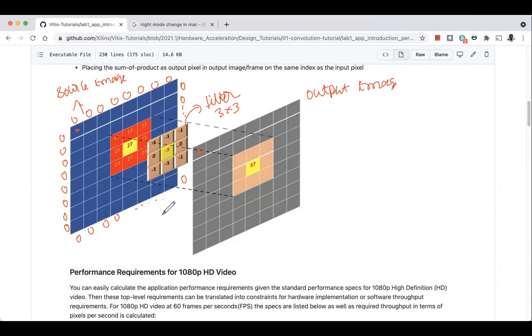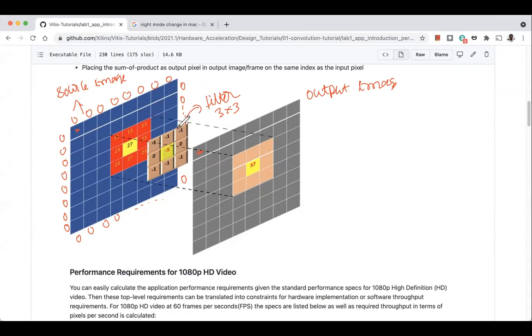Depending upon what we would like to accomplish, we choose the filter coefficients and the size of the filter. And we can also move the filter by a stride. For example, in this particular case, we will be using a unit stride. That is, we move the filter to the left or to the bottom by only 1 pixel.